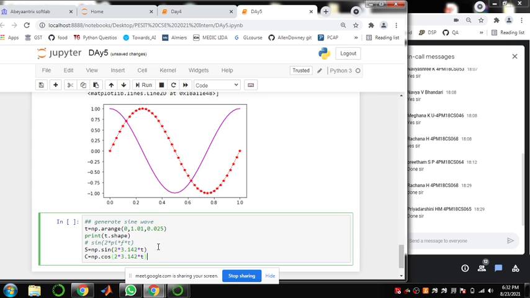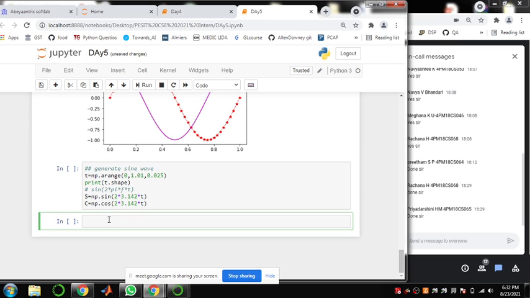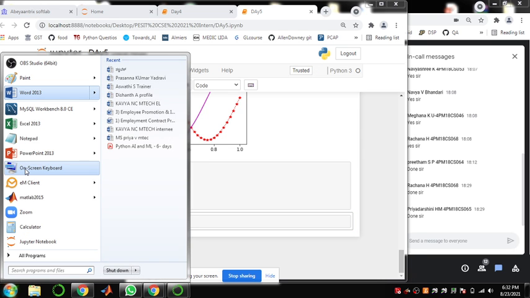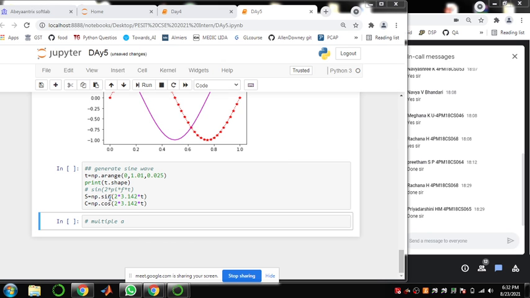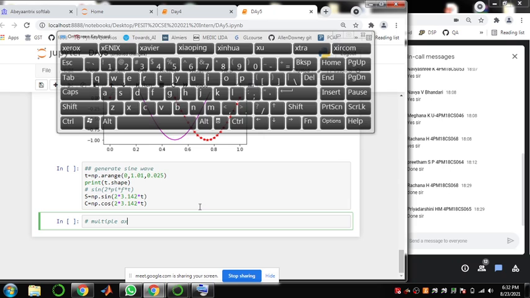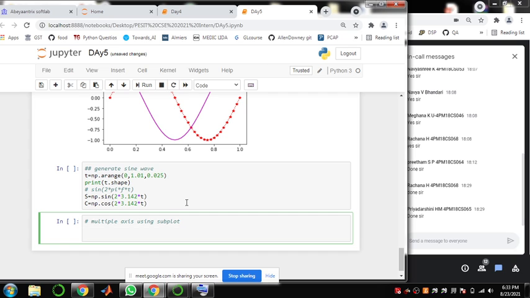This time I'll show you the option to plot in multiple axes. See guys here.